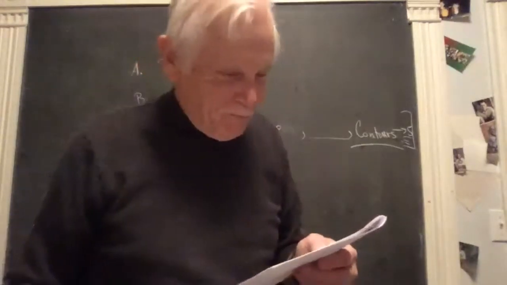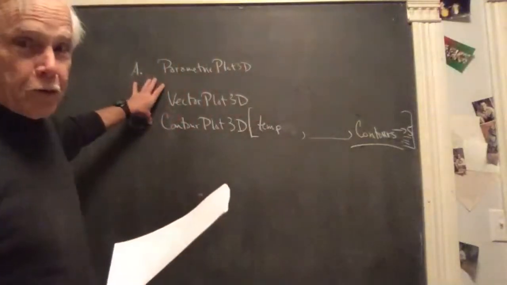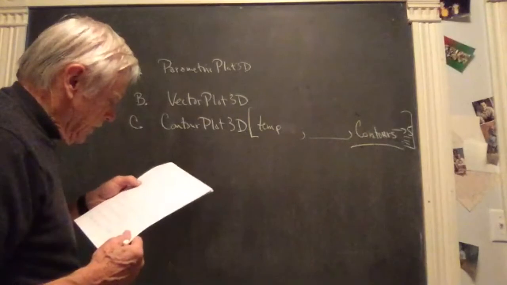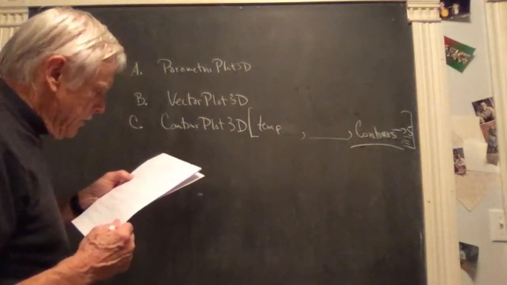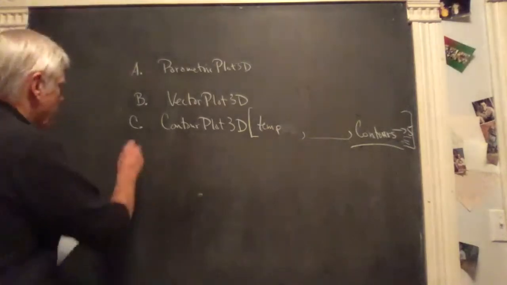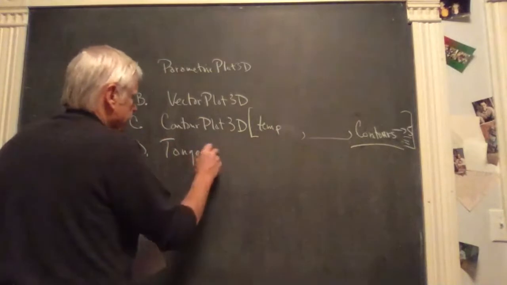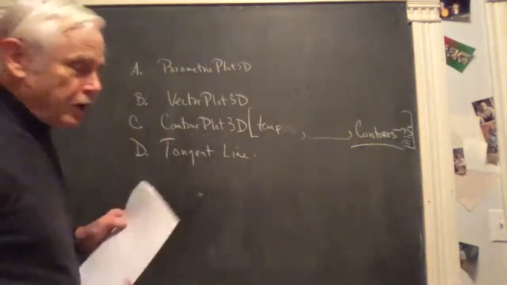So these are the plots for the first group. Let's see, the next one is: find an equation for the line tangent to beta at t equal 1/4. So this is the tangent line. So for the tangent line,